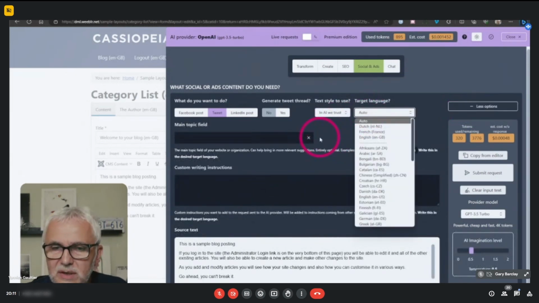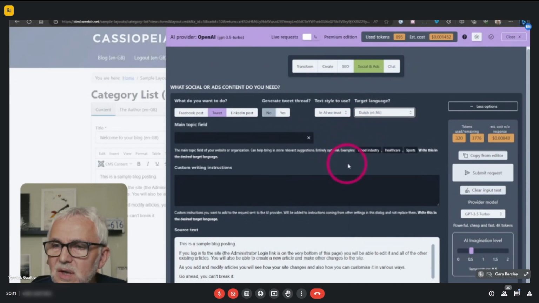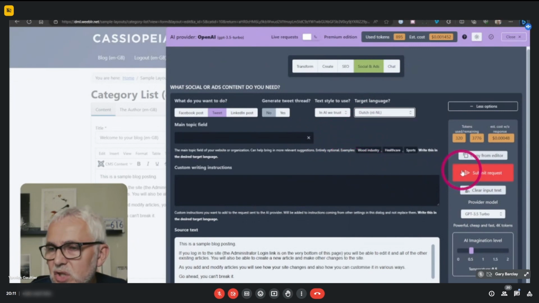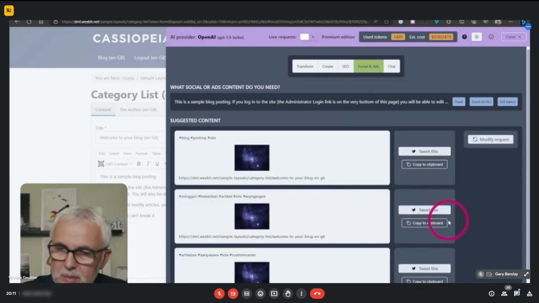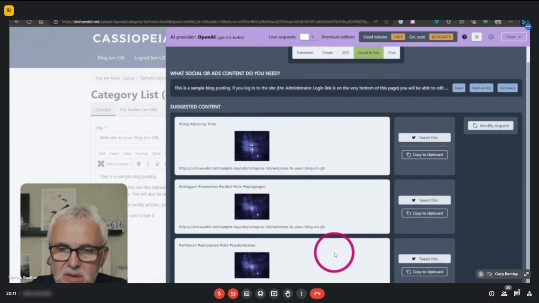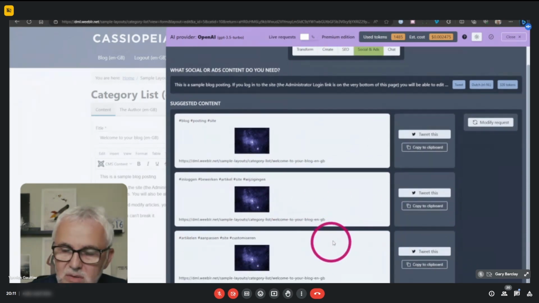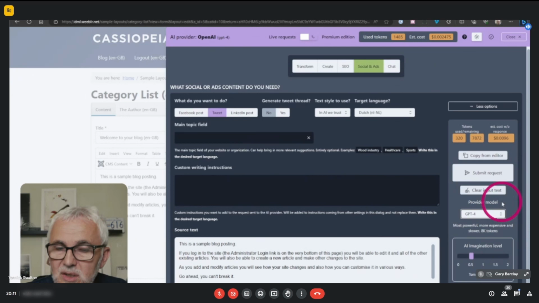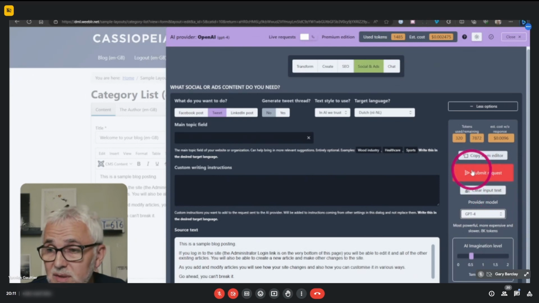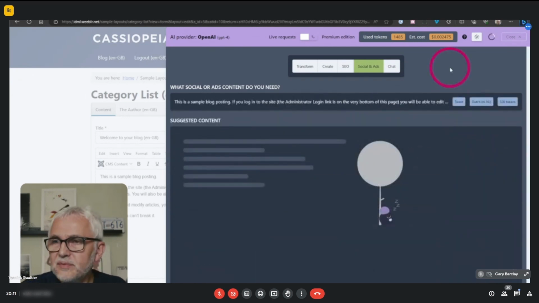Like you can write the article in English, but you can now tweet in Dutch about it. And there you go. It didn't work. Okay, bad examples. I'm going to modify the request and see if the higher one works. I tried that before, it worked well. That's the demo syndrome.